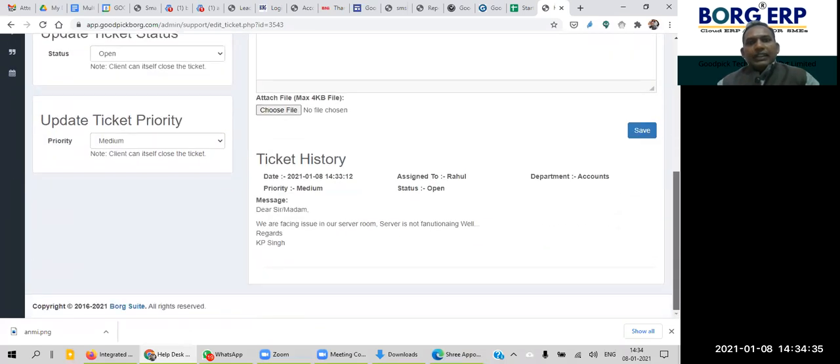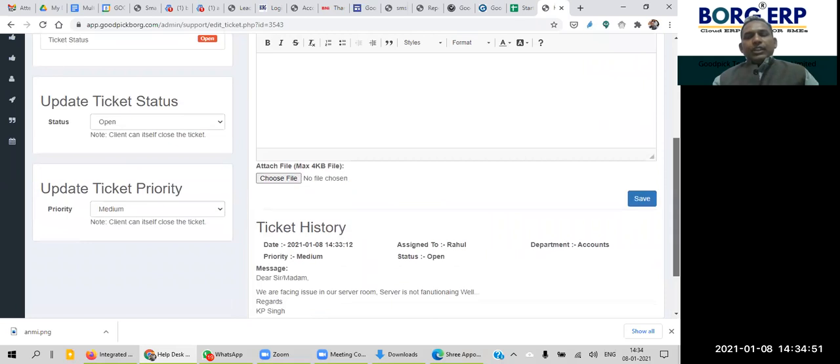Whatever has been written from the client side or from our support team side, at the time of opening or generating the ticket, is there. The entire history of the conversation will be piled up over here. A ticket may cover a lot of interaction.